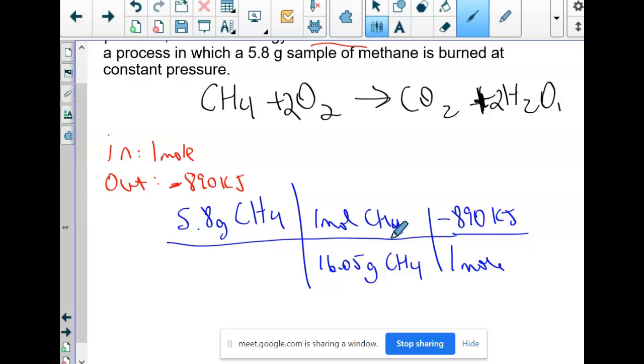Okay, questions about how I set that grid up? See, our in versus out relationship is right here, and units canceled. The in-out relationship is right there, and we canceled units, didn't we? So we're going to multiply across the top. Oh, I don't know where my calculator is. Okay, so we're going to multiply across the top. So 5.8 times negative 890, divide by 16.05, and we get negative